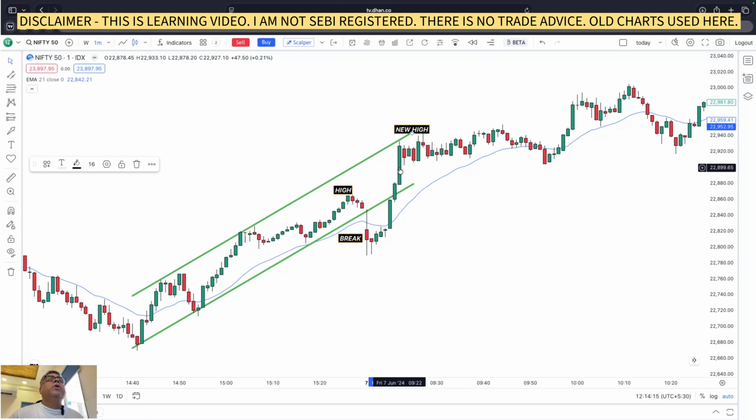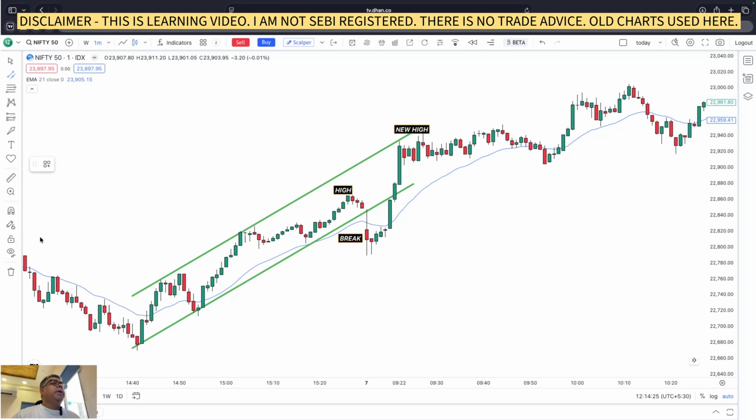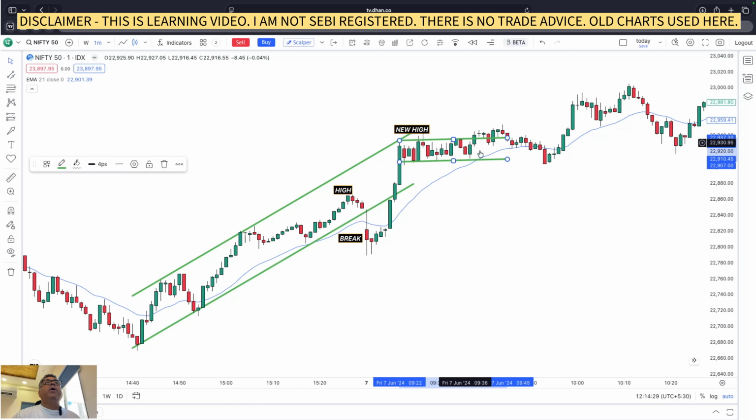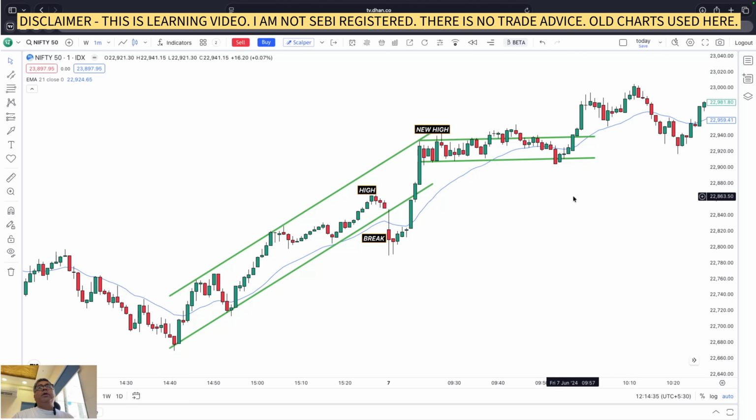But did we get that? This is the first entry short, this is the second entry short. We waited for the failure, but the market here has a lot of overlapping bars. You can see the market has gone into a range. So what do we basically wait for? A fade or breakout in the direction of the trend. Here was a breakout, here was another breakout, and both the breakouts have failed. The breakout failure,